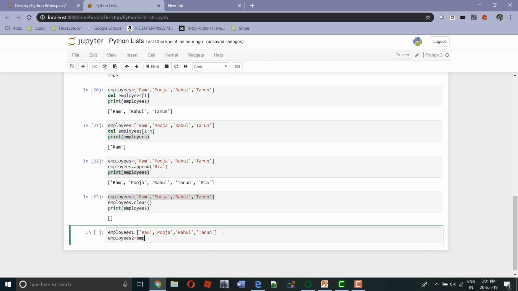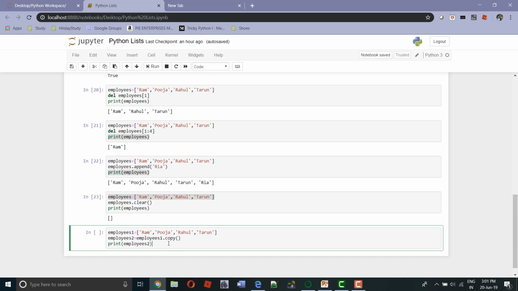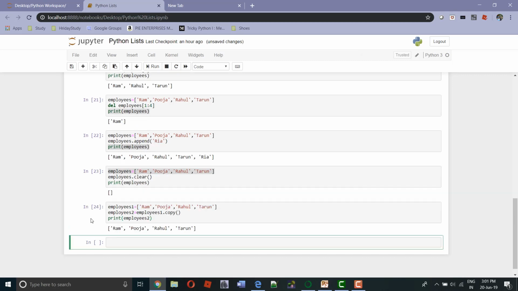So here I say employees1 dot copy, and then if I print employees2, it will give me the same elements that we have in employees1. Okay, let's run this. In employees2 again we have the same elements as we had in employees1.